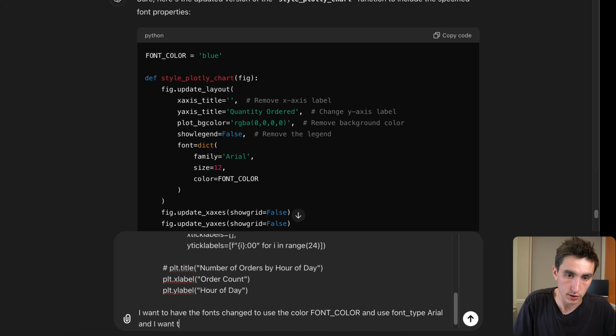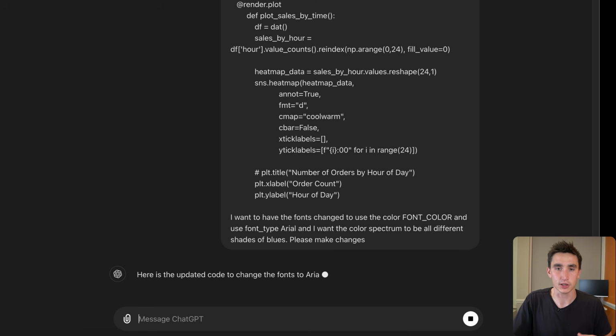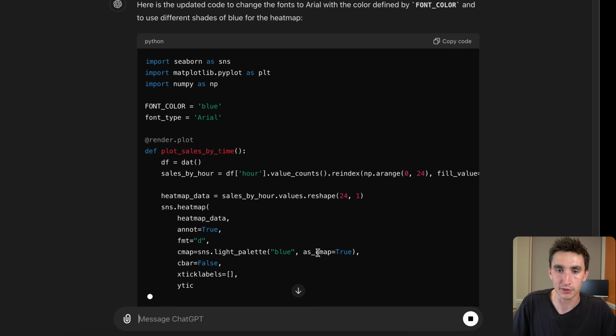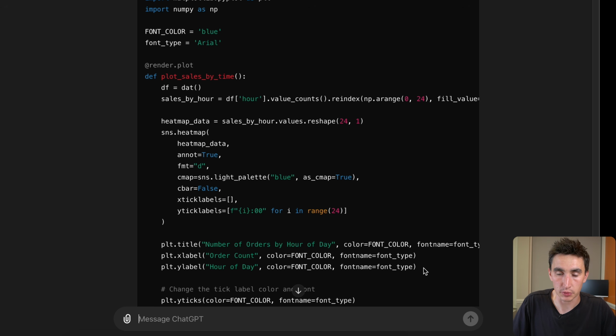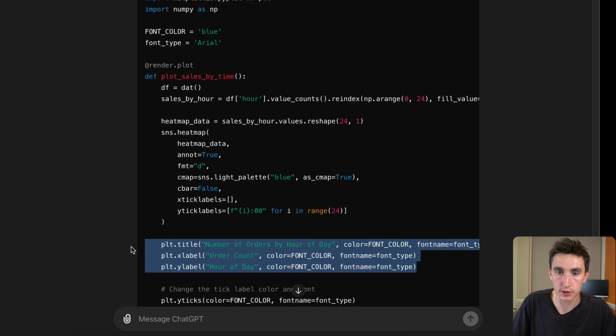And I want the color spectrum to be all blues, different shades of blues. Please make changes. So this is kind of a standard ChatGPT workflow and how I access things these days. So it looks like we can pass all of this into our